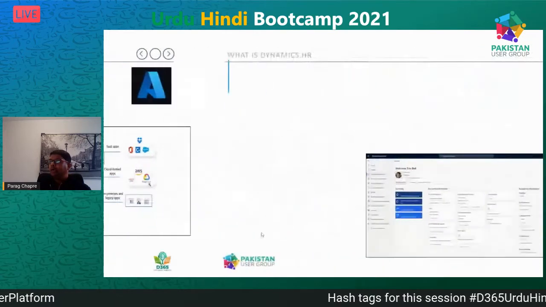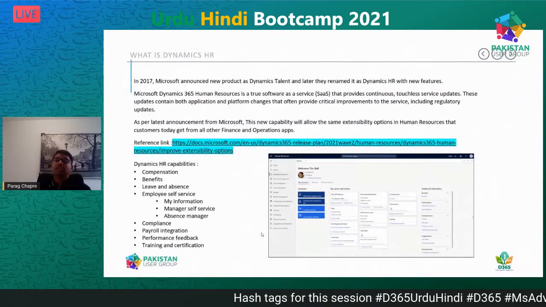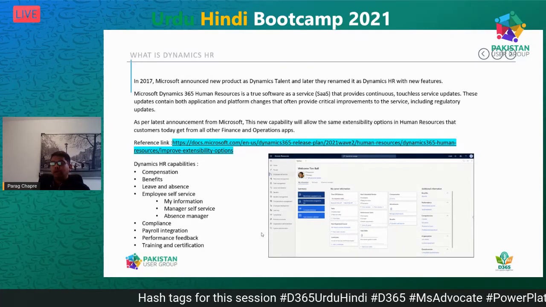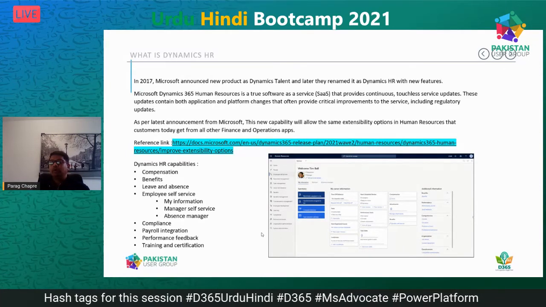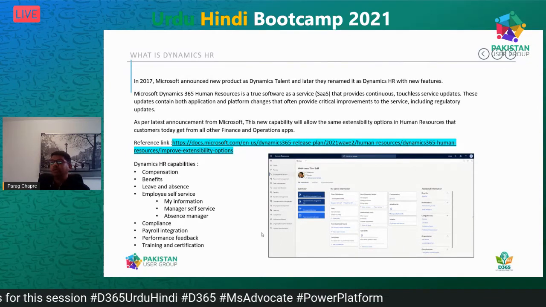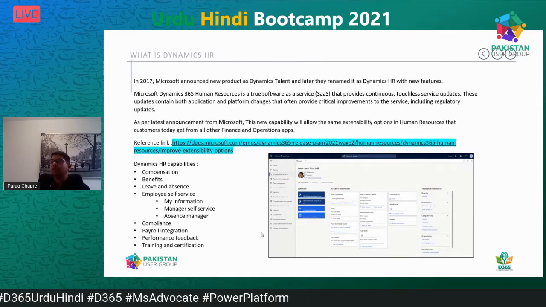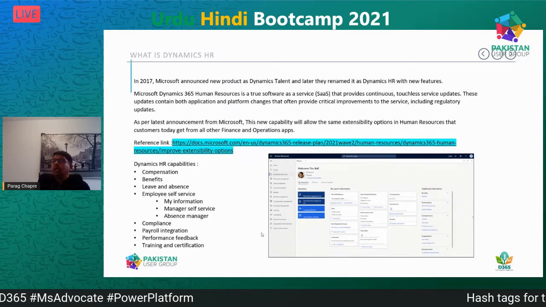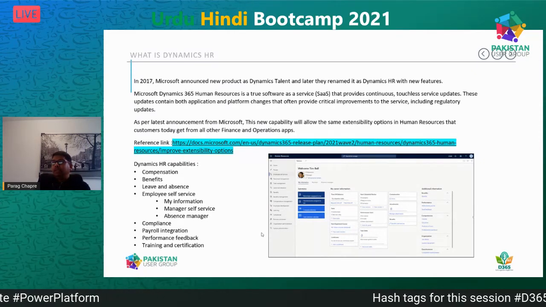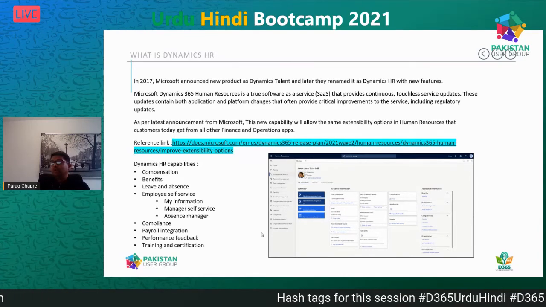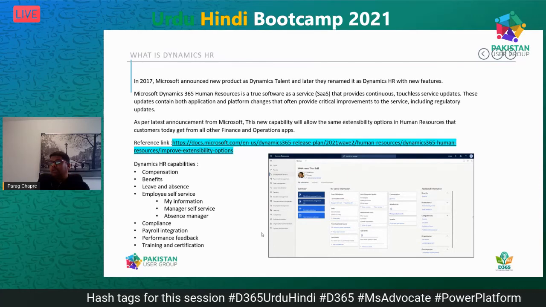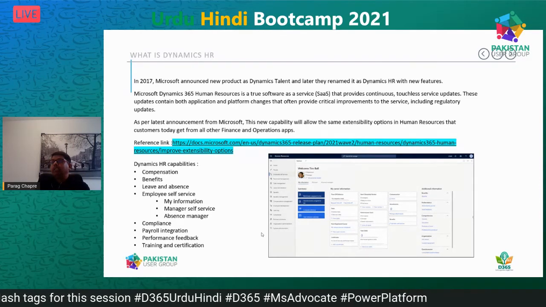Next slide is about what is Dynamics HR. A lot of people know about Dynamics HR. In 2017, Microsoft announced a new product called Dynamics Talent, and later they renamed it as the Dynamics HR with new features. Especially, they introduced this as a subset of Dynamics HR capabilities.